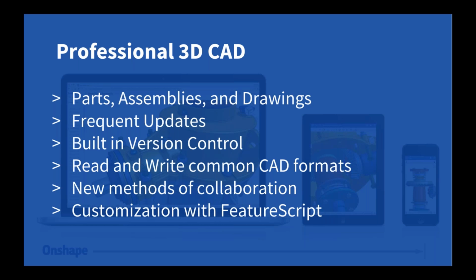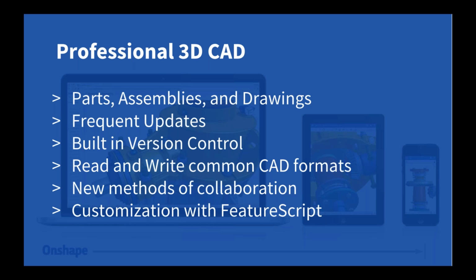The last thing I want to mention is customization with FeatureScript. FeatureScript is a programming language developed by Onshape that allows you to build a custom CAD feature. So if you're at all interested in programming and you're at all interested in saving yourself time by building your own CAD feature, definitely check out FeatureScript. It allows you to do some really impressive things very easily. And if you're at all adept in writing code, it should be a very easy transition to building your own